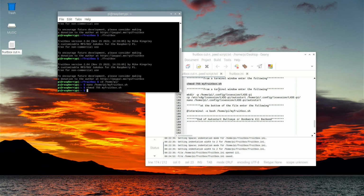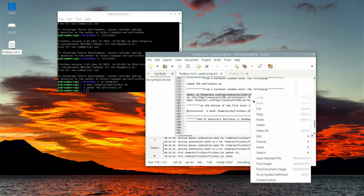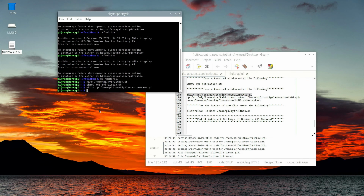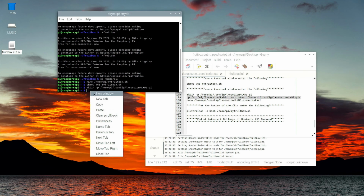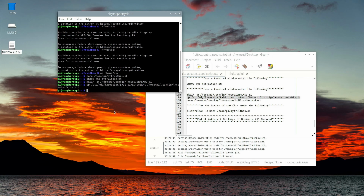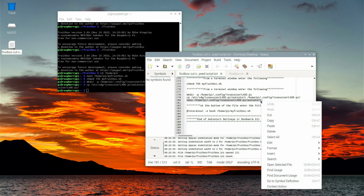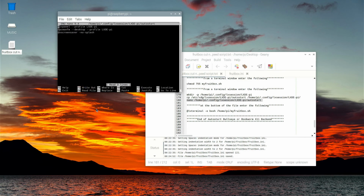And then from a terminal window, we're going to enter the following. Do these lines separately. So copy, paste this here, hit enter, copy this, paste it in here, hit enter, and copy this. Hit enter. Now that last command opens a nano editor,